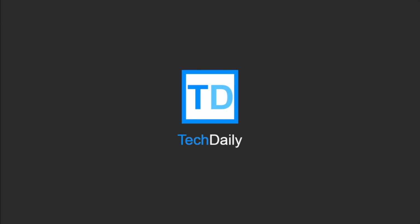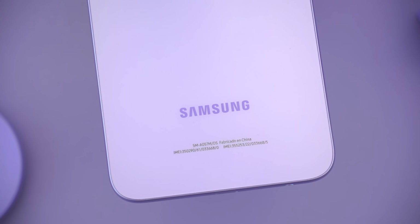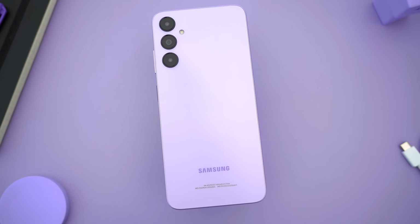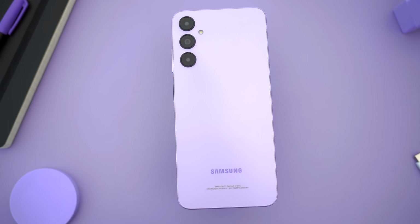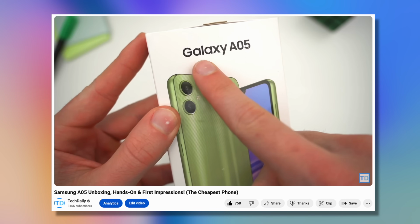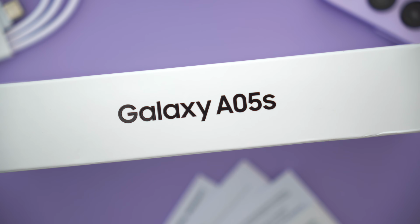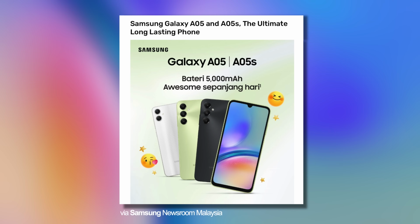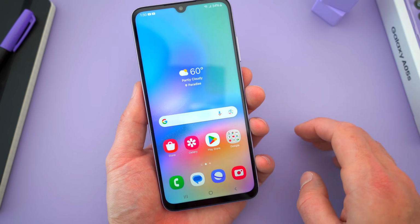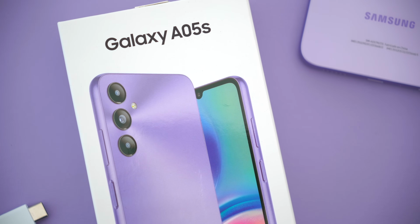What's going on, guys? My name is Wade with TechDaily, and in this video, we are checking out the Samsung Galaxy A05s. Now, if you're familiar with Samsung's A series, or I guess just smartphone naming schemes in general, you might assume that an S phone, like this one, is an upgrade or improvement over the non-S version of its namesake. In this particular case, the A05s was actually released at about the same time as the regular A05, and while this S version is technically the better device, I'm not so sure that it's the must-have, absolute better buy